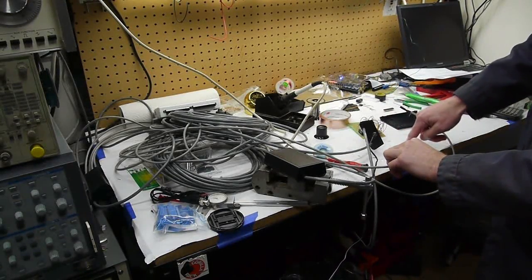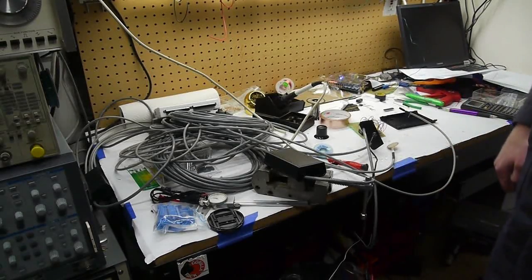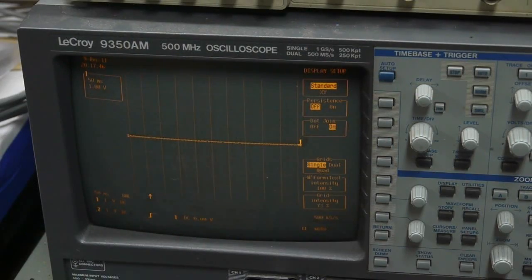So when I press on the force sensor, you can see the output on the scope. So the scope is in free run mode, and if I push on the sensor, you can see what the waveform looks like, the force waveform. And if I tap on the sensor like this, you can see the step response there. So what we could do is measure that waveform and see how the step response is